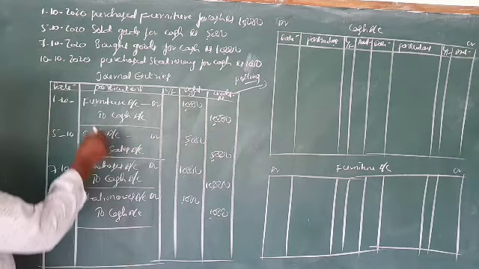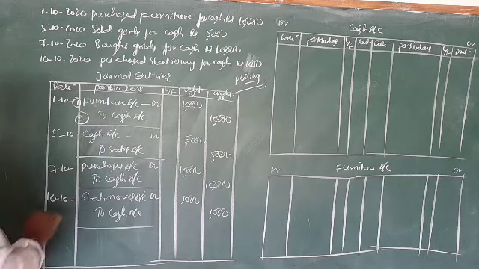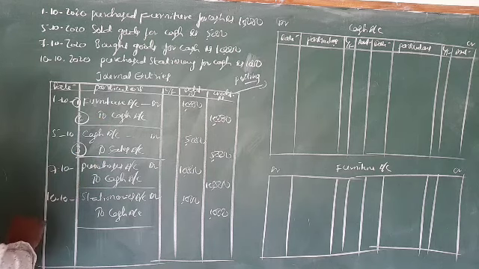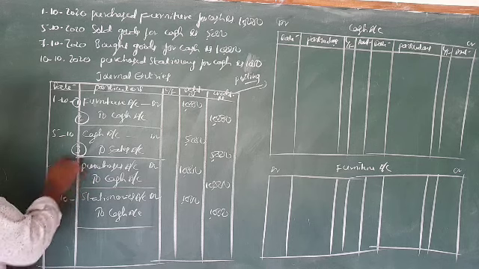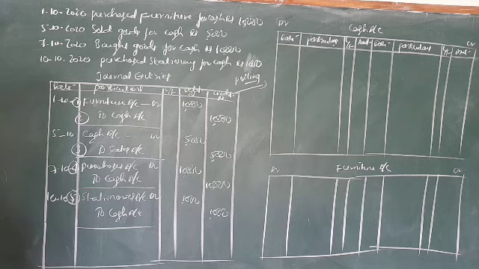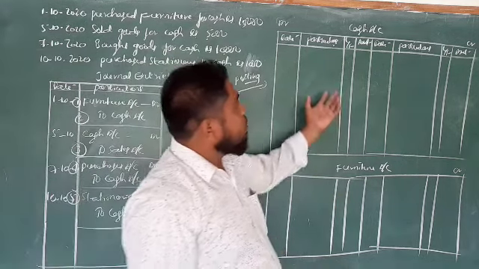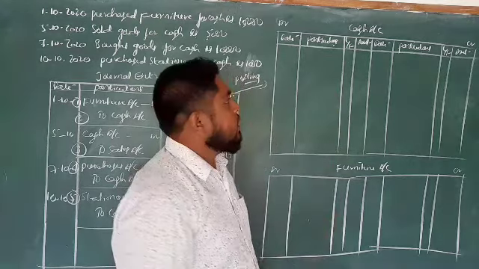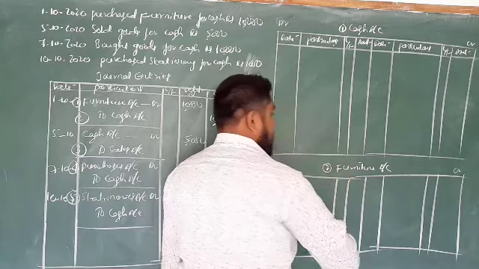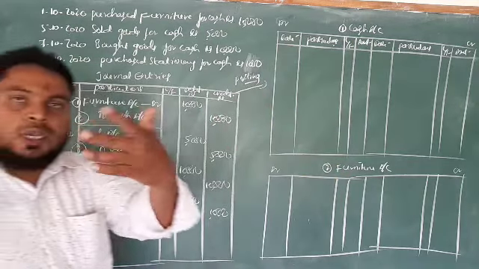Now, the ledgers: first, the furniture account we have to prepare. Second, the cash account, and we already have cash. Third, the sales account. Fourth, the purchases account, and fifth, the stationery account. In today's video, I will show you two ledger accounts, the cash account and the furniture account, and the remaining three accounts you try yourself.